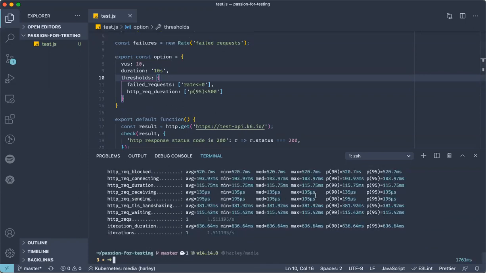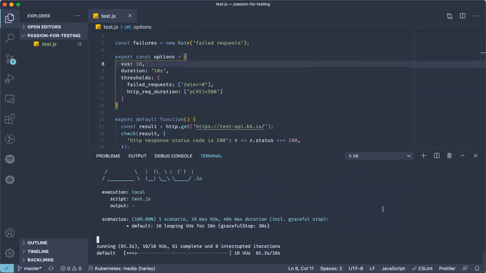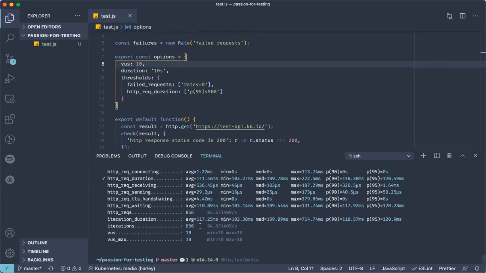That was not 10 seconds. Let's see what happened here. My bad, options. There we go. It will now run for 10 seconds with 10 VUs. And as you can see, it was a whole lot more than 100 iterations that I thought. It was actually 856 during